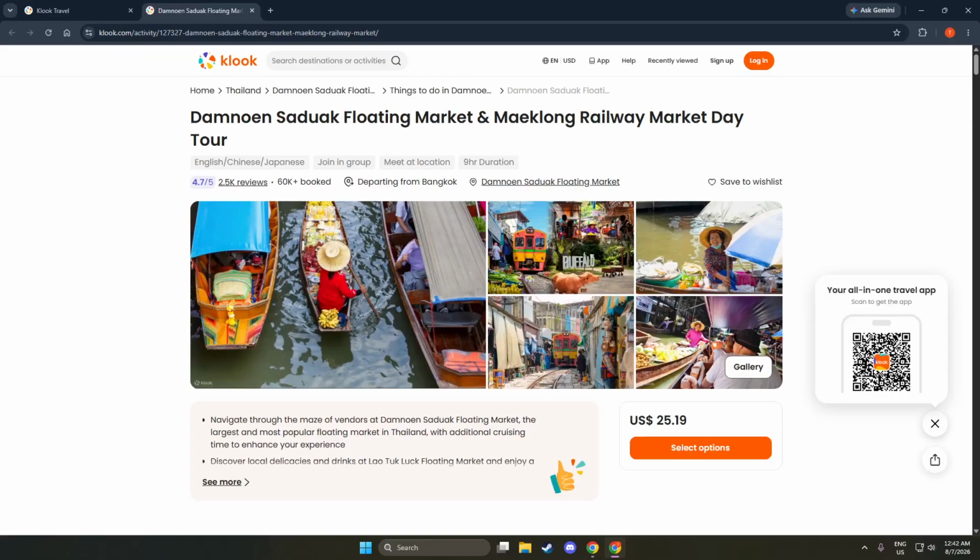Now open its details page. Tap or click on the activity title or picture one time and wait for it to load fully. You should now see more photos, a full description, available dates, prices, and reviews all on this page. If you still see a grid of many activities, go back and make sure you only tap the single activity